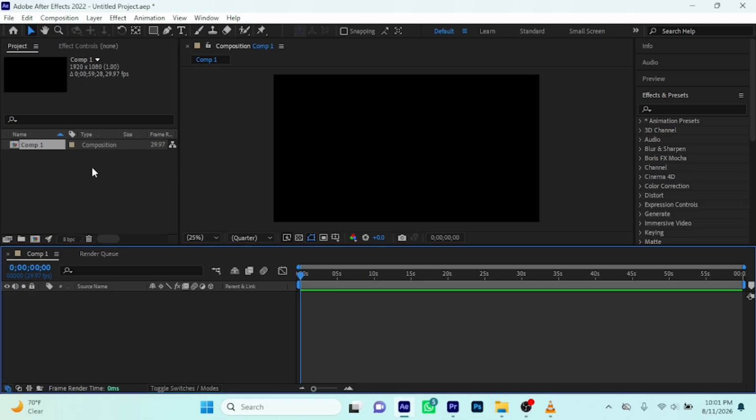So now, before we start any other animation, or we start with the motion graphics things, I just want to show you a few things. Here are our tools. These are the tools we use. For example, you see I'm already using the selection tool, which has a shortcut of V. This is the hand tool. This is the zoom tool. Orbit around cursor tool. Actually, I don't use most of these. I use a few